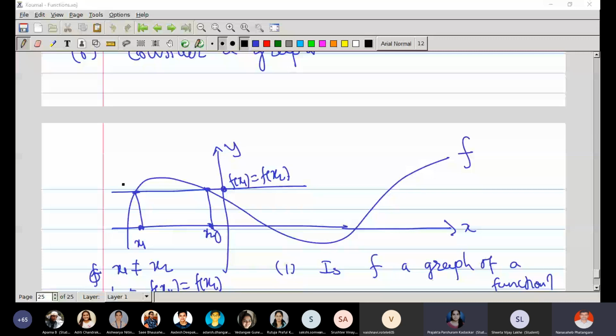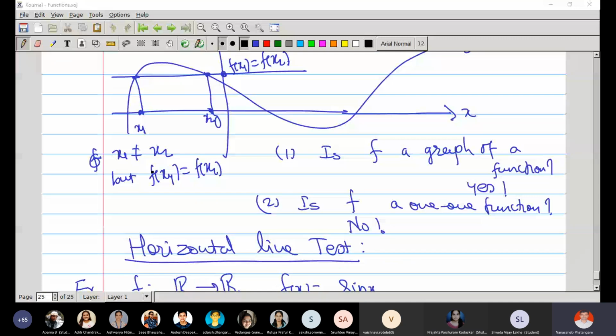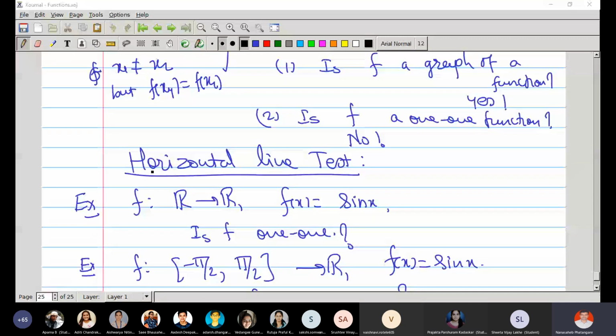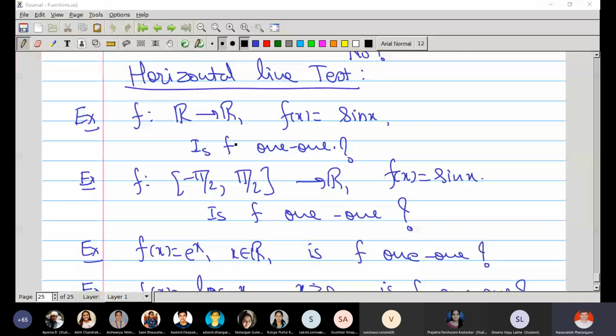Right, so last time I gave you the function examples. If you look at these functions,